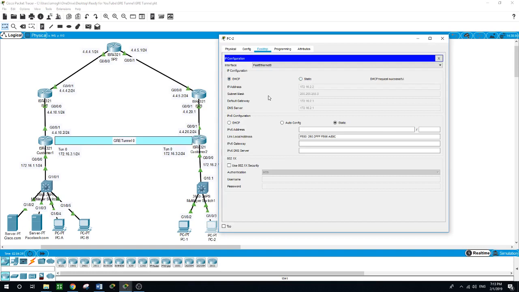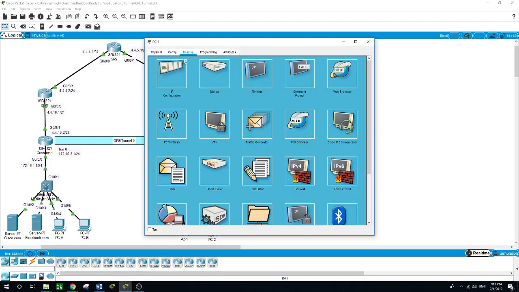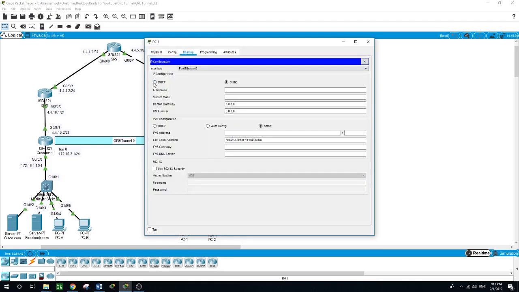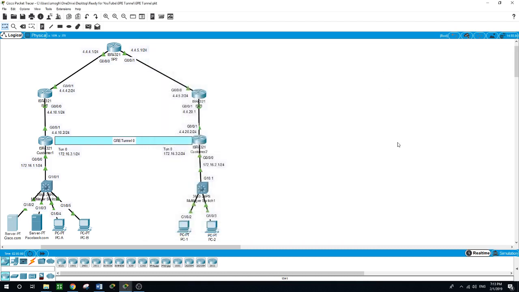And sure enough, it did, and it gave it the IP address of 172.16.2.2, and the same with PC number 1. We'll go to desktop, IP, and DHCP, and it gave it 2.3. So now we are done, and before I forget, with the Cisco server, 172.16.1.5. Now, we are done with that, and now we want to create the tunnel